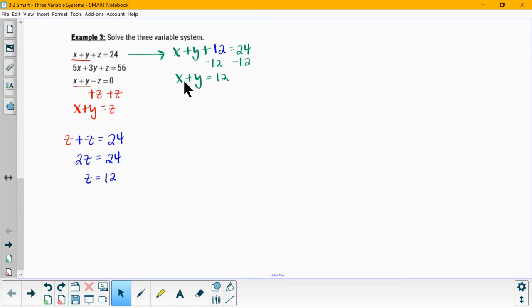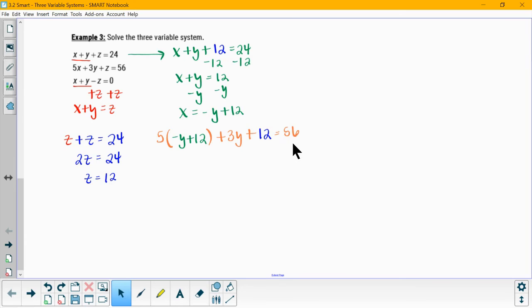And then I'm going to solve for x. Now, the reason why I'm solving for x is so now I can take this statement and replace any x that I see with a y variable equation. So I'm going to do this to the second equation. So I'm going to plug in for the x value, because it was 5x, now it's 5 times negative y plus 12, which is from this statement, plus 3y. I want to deal with y's, so I'm going to leave that alone, plus 12, which is my z value,